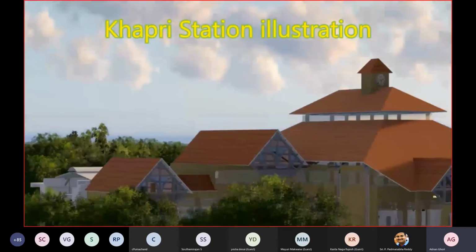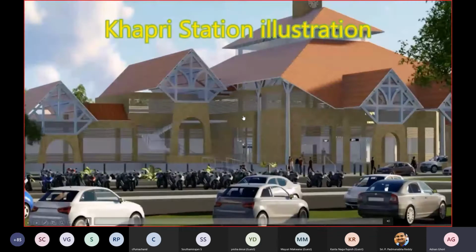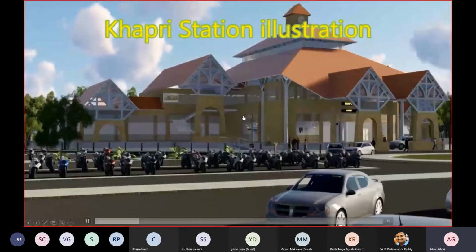It was one of the Nagpur metro stations, which was constructed in Nagpur. The entire video which you are looking at as of now is from Lunian.